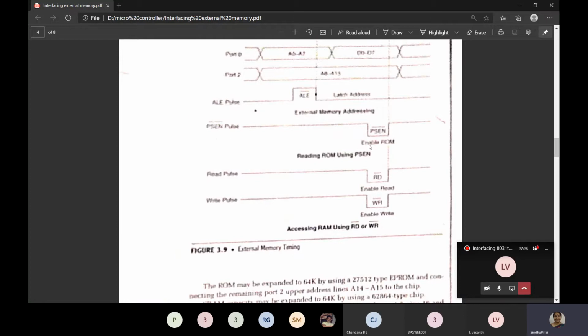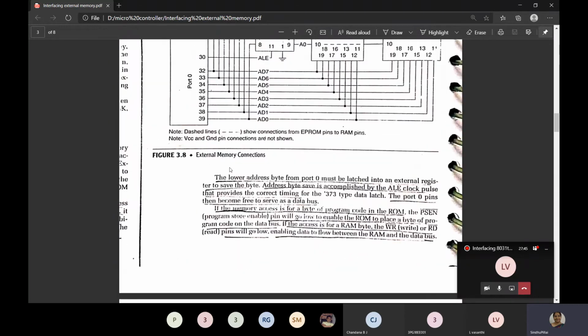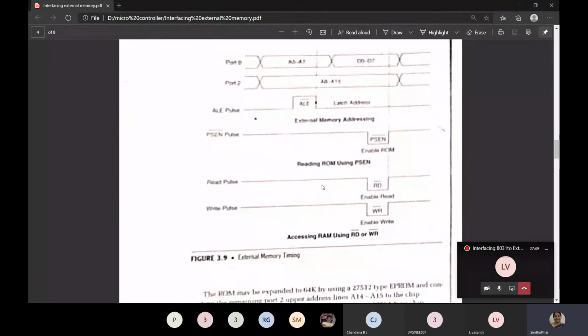That will enable ROM. PSEN will enable ROM, that is shown here. Next, read and write will enable the RAM for reading, so enable read and enable write for the RAM. So this is the external memory timing, external memory timing and external memory connections. You have to put it neatly.